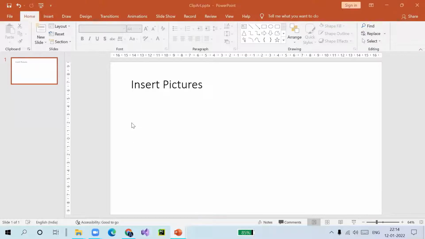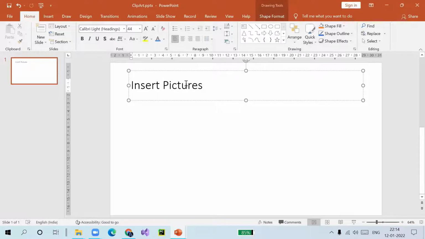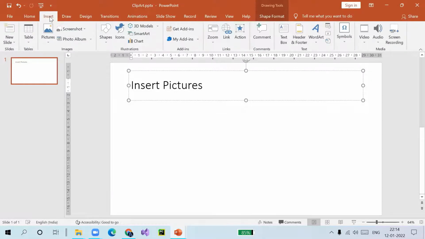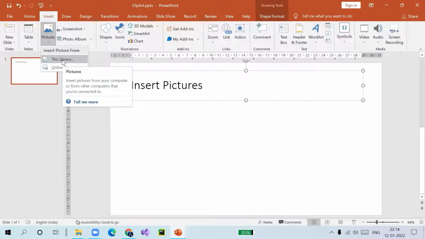Students, we saw how to insert charts in PowerPoint. Now let us take a look how we can insert the pictures. In order to insert the pictures, you need to click on the Insert tab, and there is this option called Pictures in the Images group. So you can click here. You can choose the pictures which are there on your system, or you can insert the pictures available online.